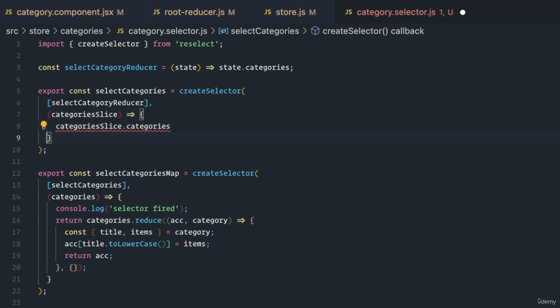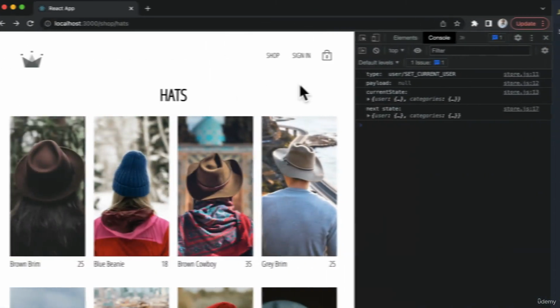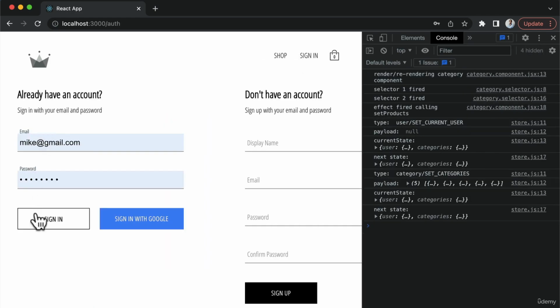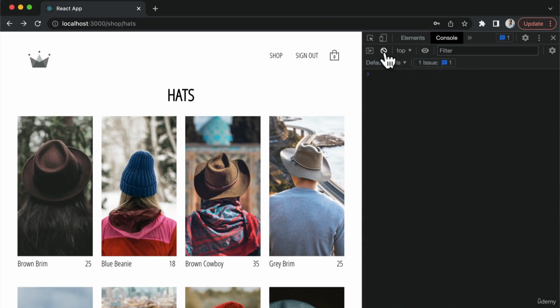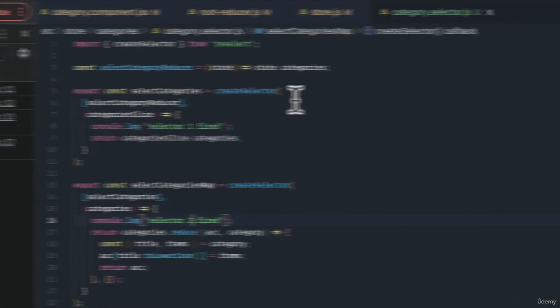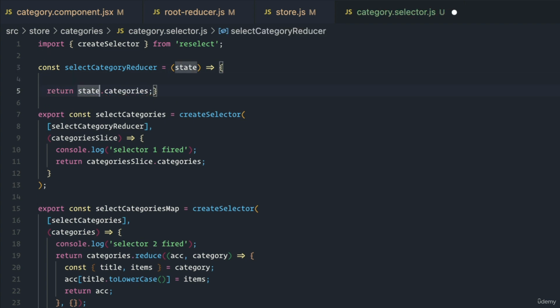If we even go up here and we say, hey, is this even getting called? So I'm actually going to be more specific. Selector 1 here, this is selector 2. If I save this, and I come back here and I refresh, let's re-trigger our flow, sign in, clear out. If I hit sign out, still, you notice, I'm still not even getting our selectors. The reason, once again, is because this is also a memoized selector. This selector is actually the only one getting run, and this one is in itself what is being cached at